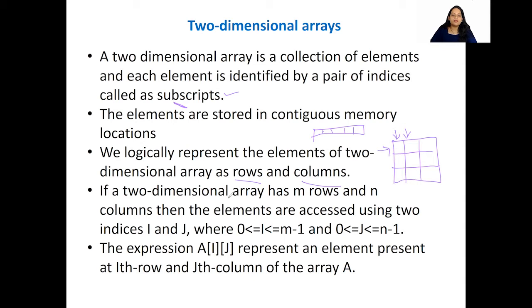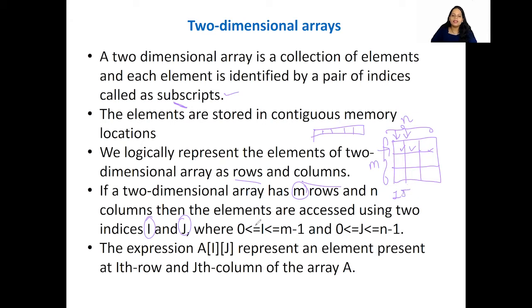Now, if a two-dimensional array has m rows, means if I have m number of rows here and n columns, which means I have n number of columns here, then the elements are accessed using the indices i and j. So now I want to access these places, so I'm going to use the indexes or subscripts i and j, okay?